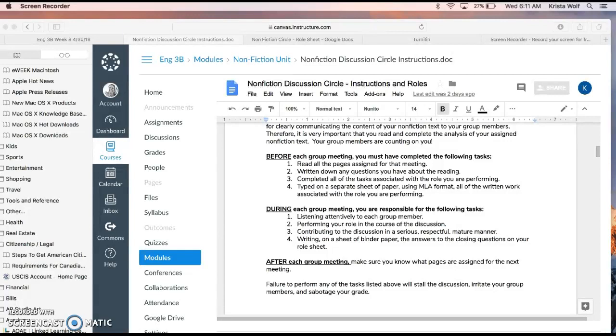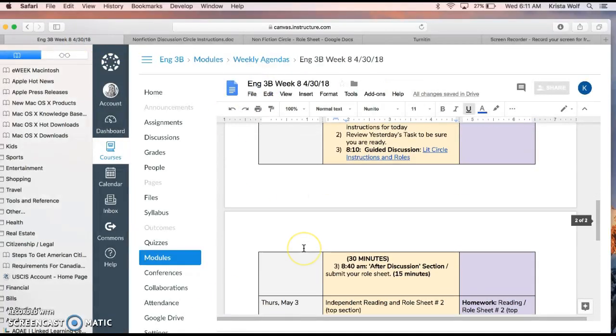Okay, and then after your meeting, you're going to go back to your role sheet, you're going to complete that, and then you're going to be turning that in